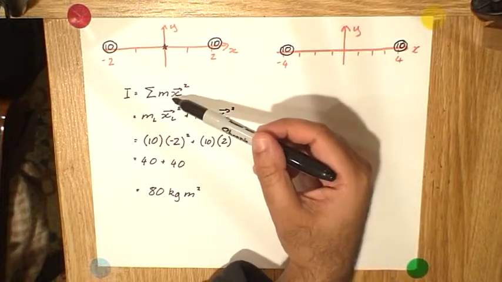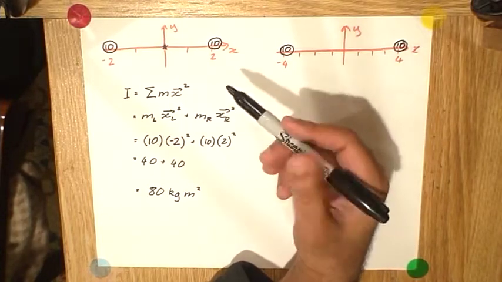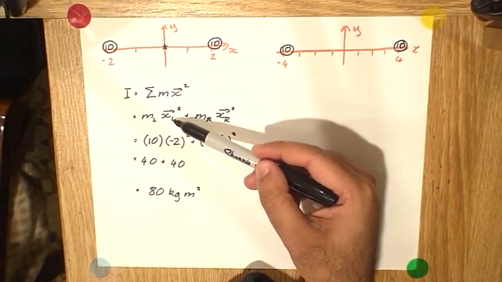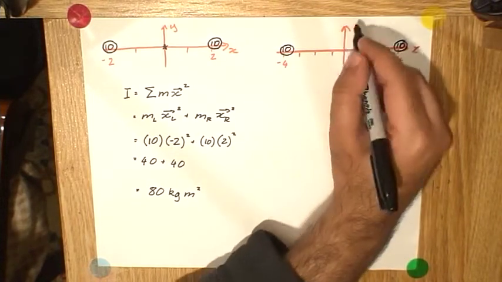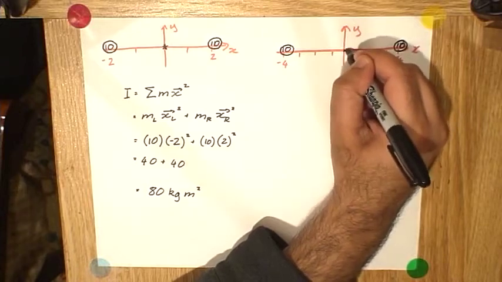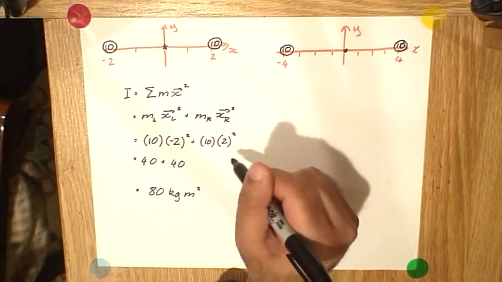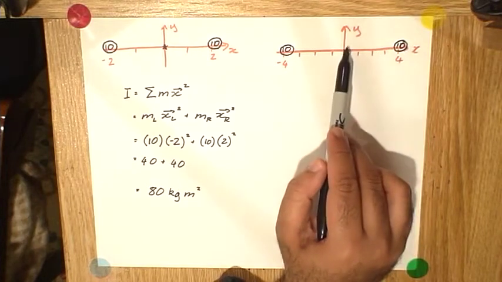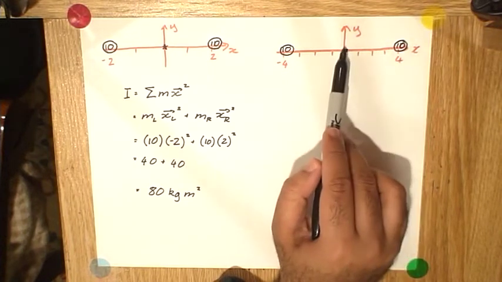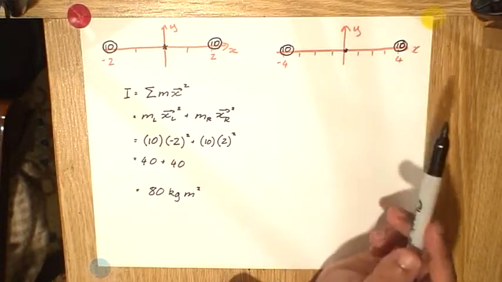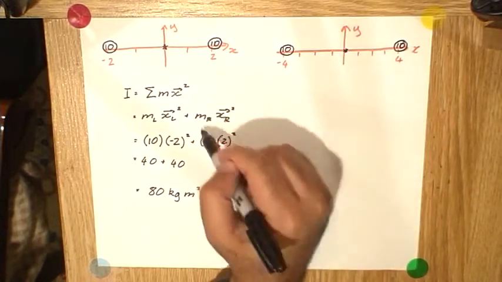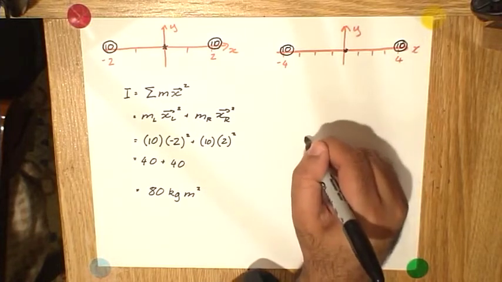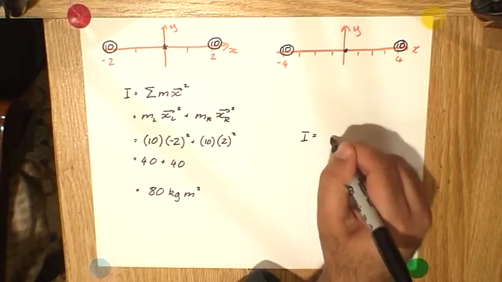Again, we use the same equation to solve for moment of inertia. Once again, that's going to be mass of the left times position of the left, or distance from the left one to the center of rotation, which is the origin, works out to the same thing, squared, plus mass of the right one multiplied by the distance from the right one to the center of rotation, which is again 4. So using basically the same equation as what we had before, that'll work out to I equals